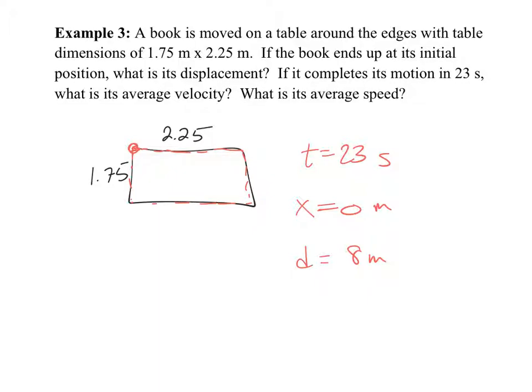I go 2.25, 1.75, 2.25, 1.75. Remember, distance, I don't care which direction I'm going, so I need to add up all those little lengths together. If you walk through Central Park all day, what does your phone tell you at the end of the day? How far you walk, right? A lot of the time now, phones do that. That's measuring distance, because it takes care of the path taken. If you're walking like this around Central Park, it's going to account for all of these different motions. But if you're walking straight across the park, it's the same answer for displacement and distance. So when you think about this, the distance traveled, you just literally measure the path. So the distance is 8.